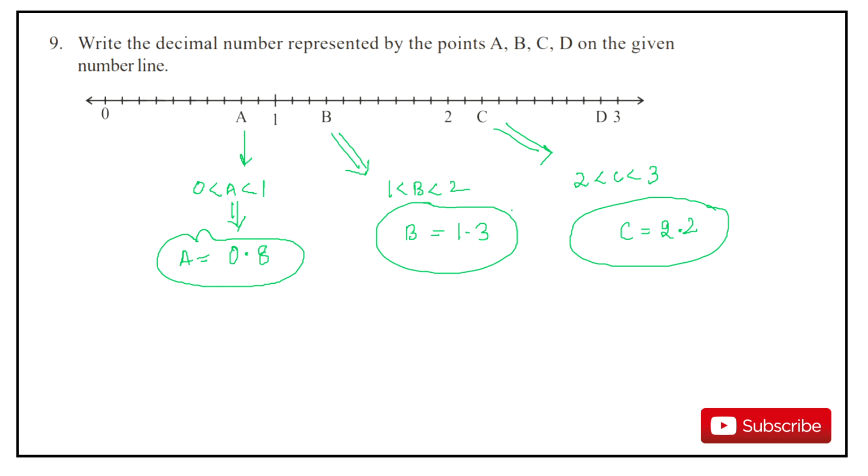Yes, 2.2. Okay, if we talk about D, D is again between 2 and 3. So the value of D will be 2.9. Yes, so it's more towards the higher range, it is nearer to the number 3. Clear hai? I hope everybody has understood. First we are going to write the range of the numbers and then we are going to show how. Alright, let's go further to the 10th one.